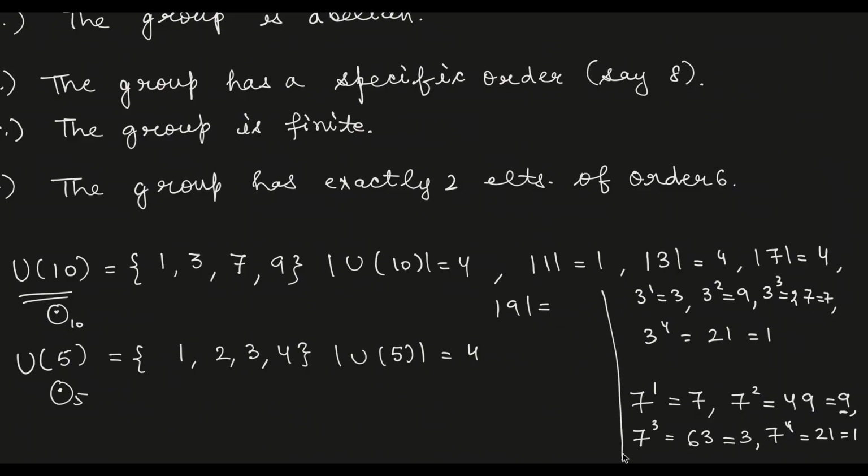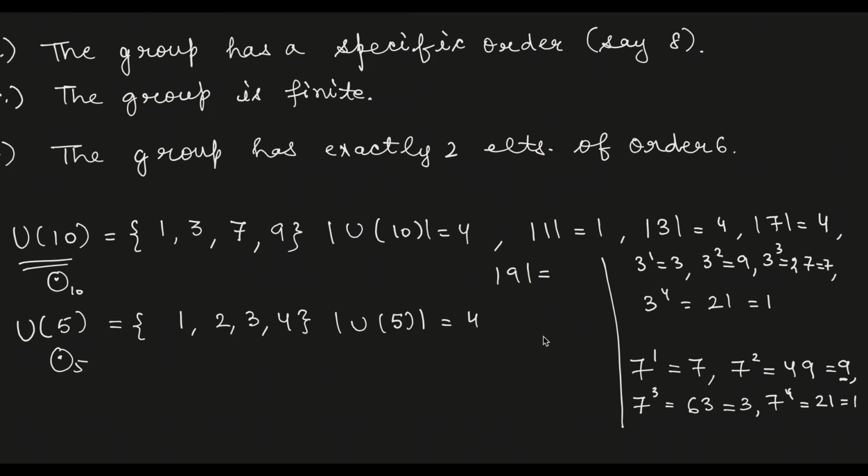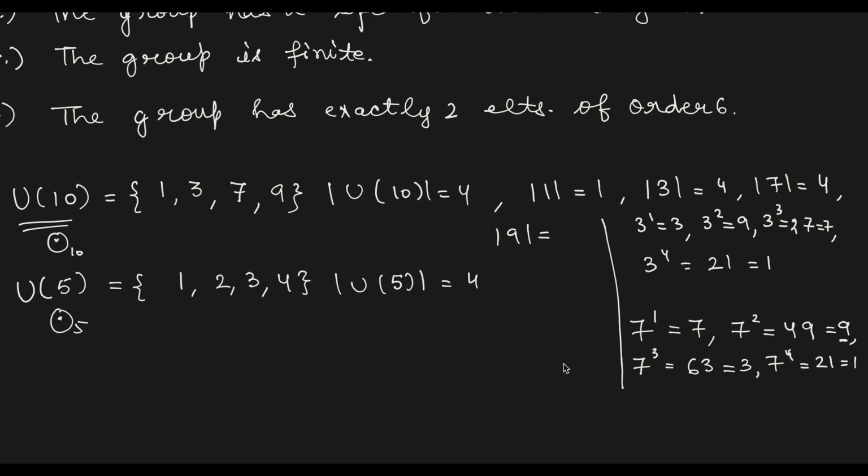Order of 9? We are taking multiplication modulo 10. 9 to the power 1 is 9. 9 square is 81, which modulo 10 is 1. So the order of 9 is 2. So order of 1 in U5 is